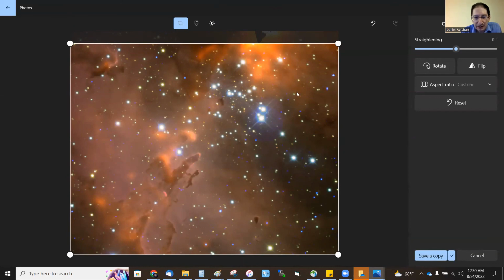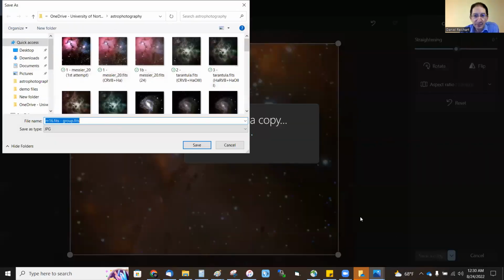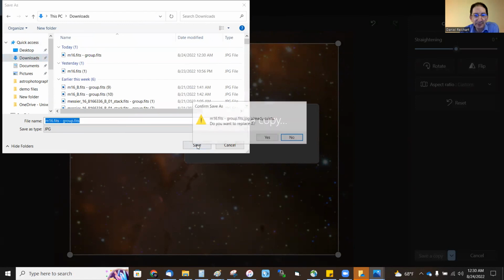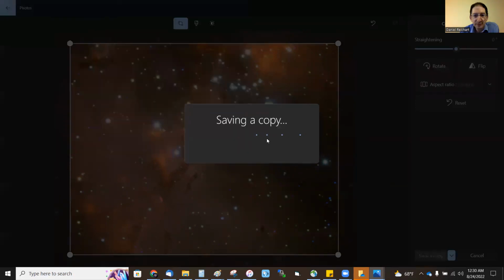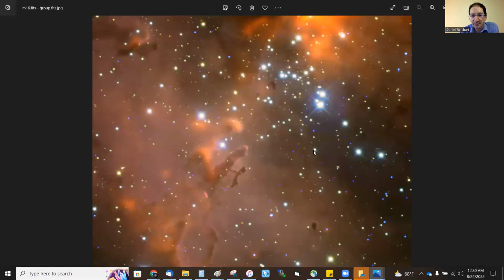Now, this is pretty much your final image, but we have one final step. Save that. Stick it in the downloads directory right now. Okay, so comparing this to the original, I think I pretty much did it exactly the same, but there's one last bit here. Yeah, the last thing you want to check are your bright stars